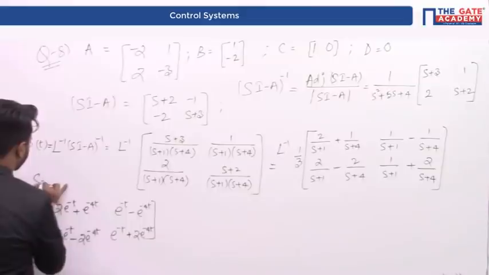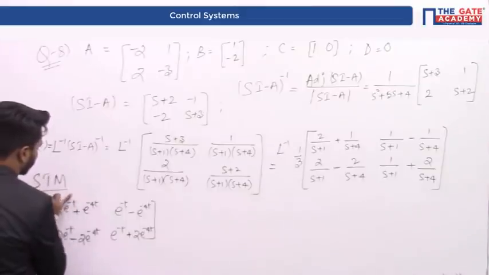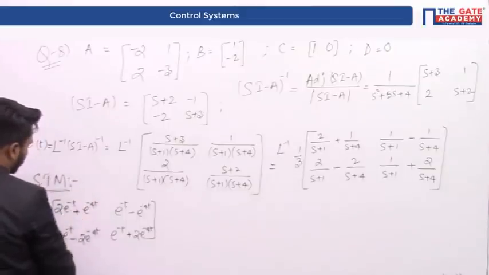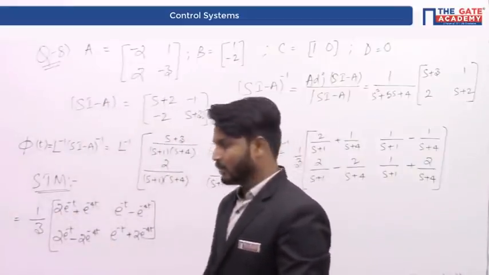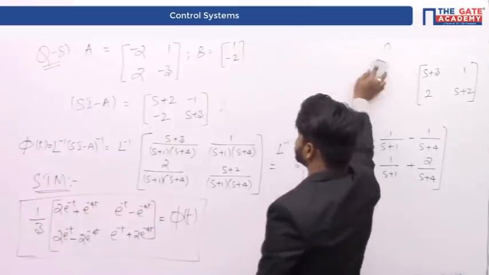The state transition matrix, I am writing it in short: 1 by 3 times the entire matrix. Therefore, with this we have successfully